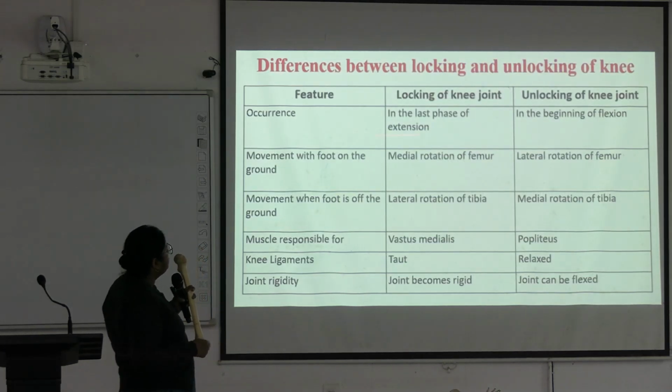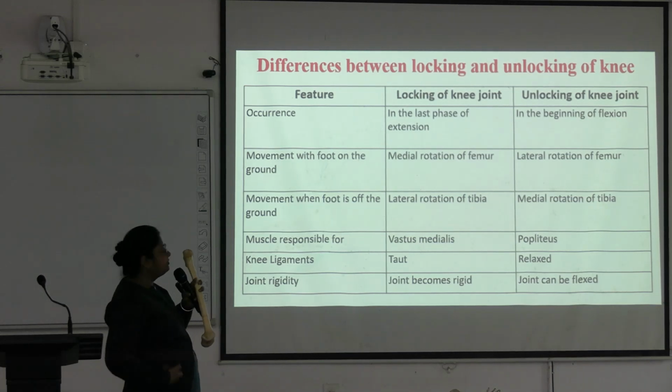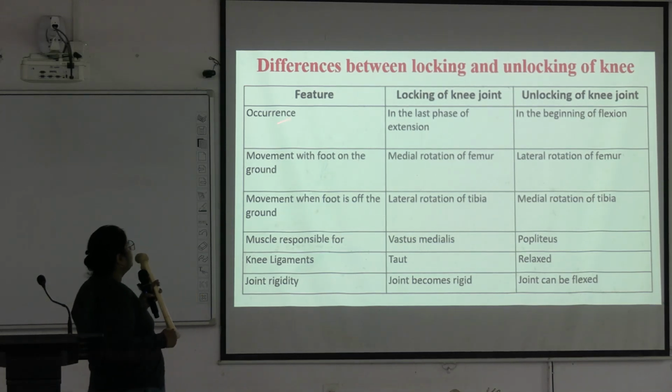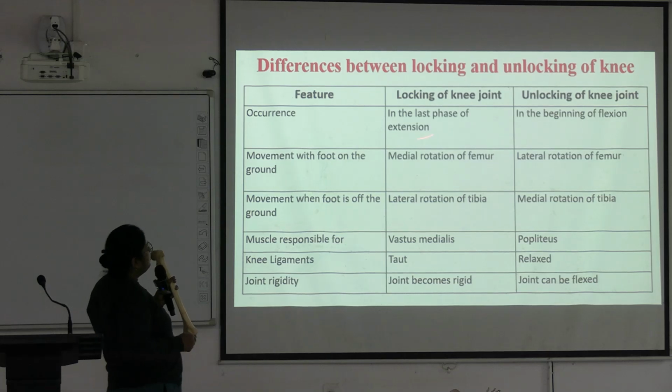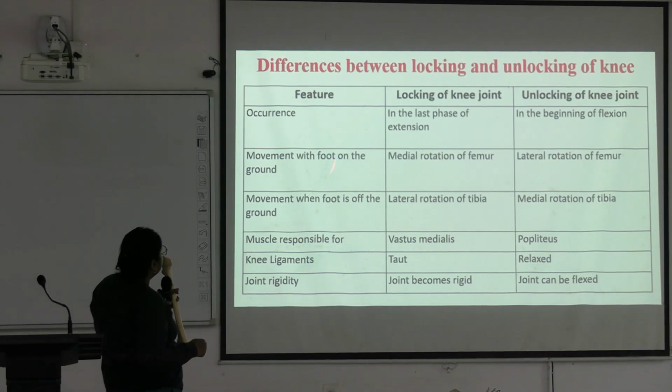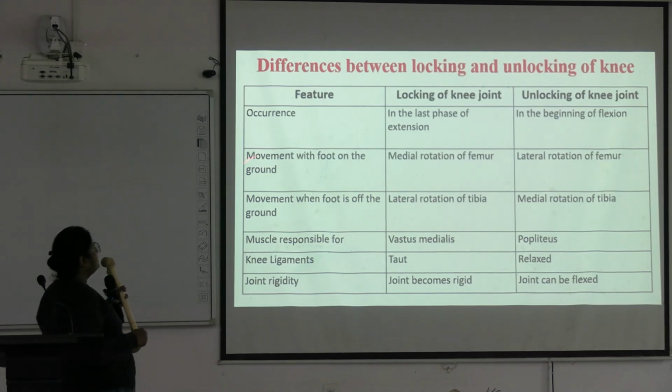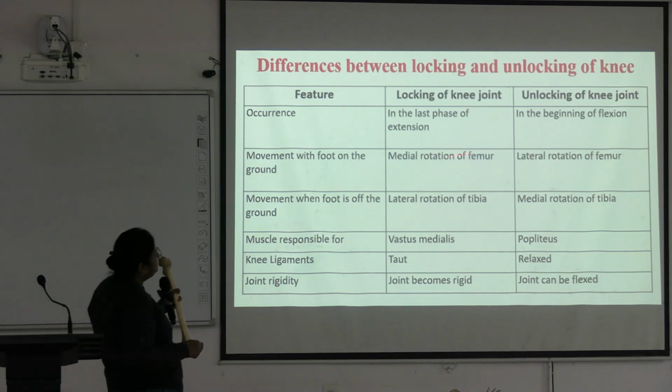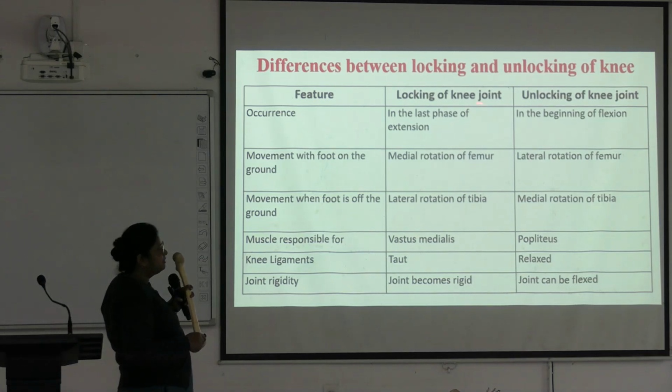So this is the difference between locking and unlocking of the knee joint. When it occurs: locking of the knee joint occurs in the last phase of extension. Unlocking of the knee joint occurs in the beginning of flexion. And movement with foot on the ground: here medial rotation of the femur occurs during locking, and during unlocking, lateral rotation of